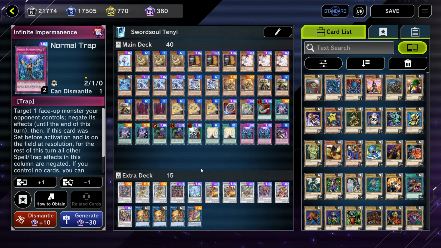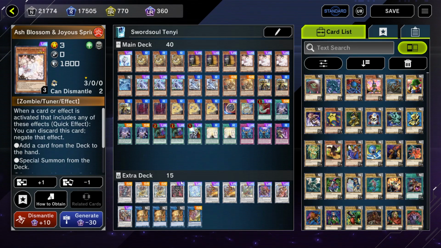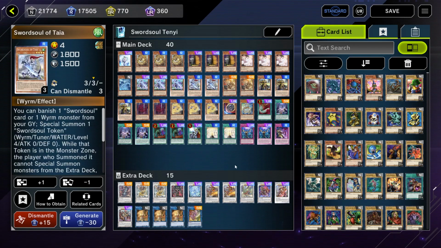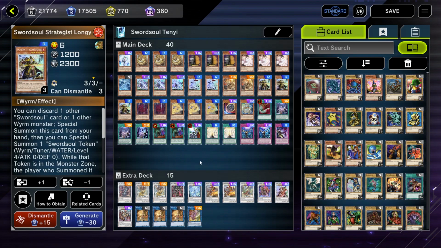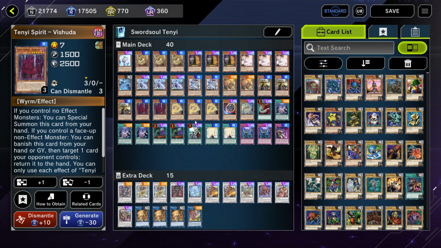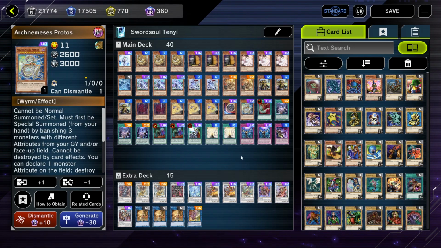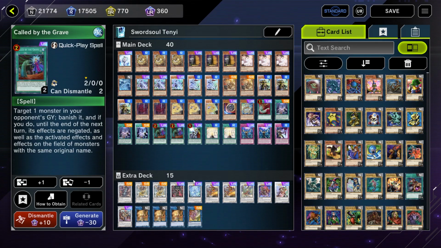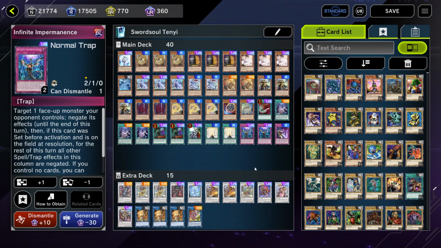But in any case, okay, now let's go ahead and break down the list card by card here. So we're playing 1 Effect Veiler, 3 Tenyi Spirit Adhara, 3 Maxx "C", 3 Ash Blossom and Joyous Spring, 1 Tenyi Spirit Shthana, 3 Swordsoul of Mo Ye, 2 Swordsoul of Taia, 2 Incredible Ecclesia, the Virtuous, 3 Swordsoul Strategist Longyuan, 2 Tenyi Spirit Vishuda, 3 Tenyi Spirit Ashuna, 1 Nibiru the Primal Being, 1 Archnemesis Protos, 1 Harpie's Feather Duster, 3 Swordsoul Emergence, 2 Called by the Grave, 1 Crossout Designator, 2 Heavenly Dragon Circle, 2 Infinite Impermanence, and then